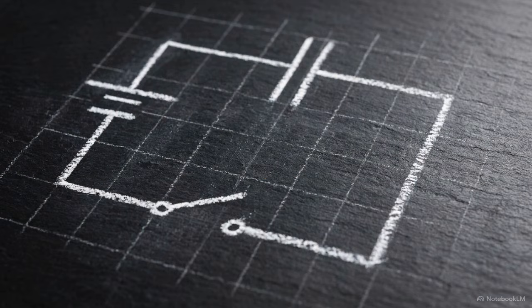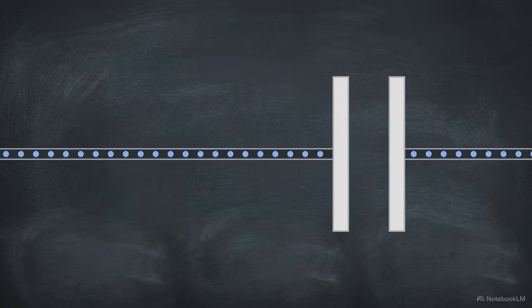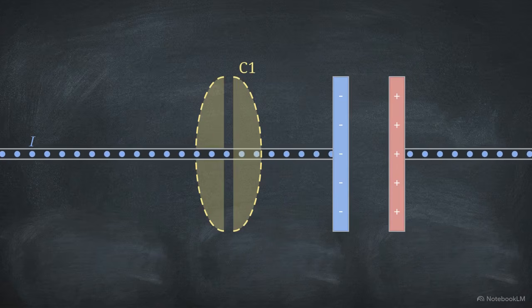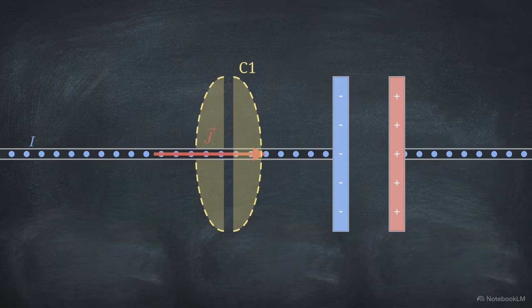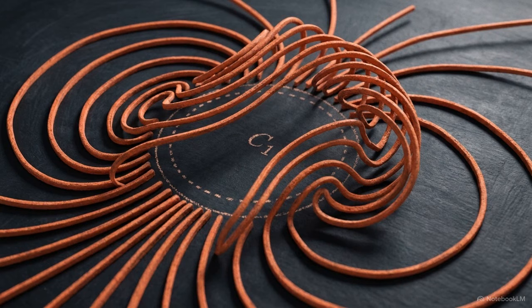We can test the limits of this law with a simple thought experiment. Consider a direct current circuit containing a battery, a switch, and a parallel plate capacitor. When the switch closes, electrons flow through the wire, accumulating charge on the plates. We define an imaginary boundary loop, C1, wrapping around the copper wire leading to the capacitor. The current density pierces straight through the flat surface bounded by this loop. Because electrical charge flows through this surface, Ampere's law accurately predicts the magnetic field observed circulating around the wire.